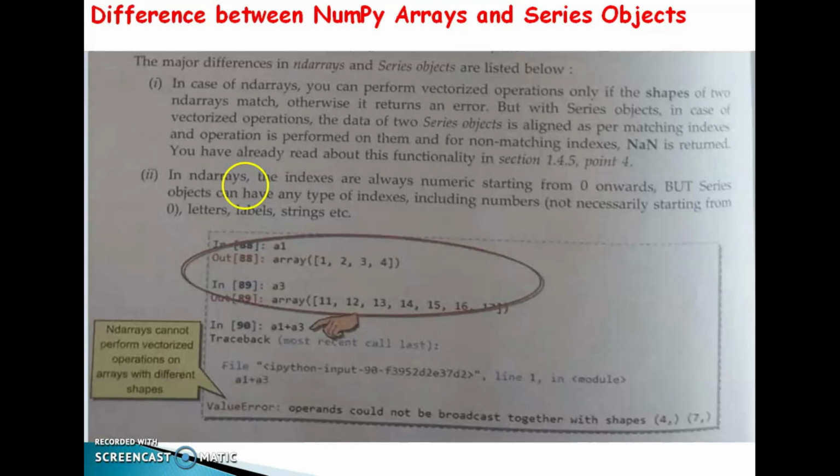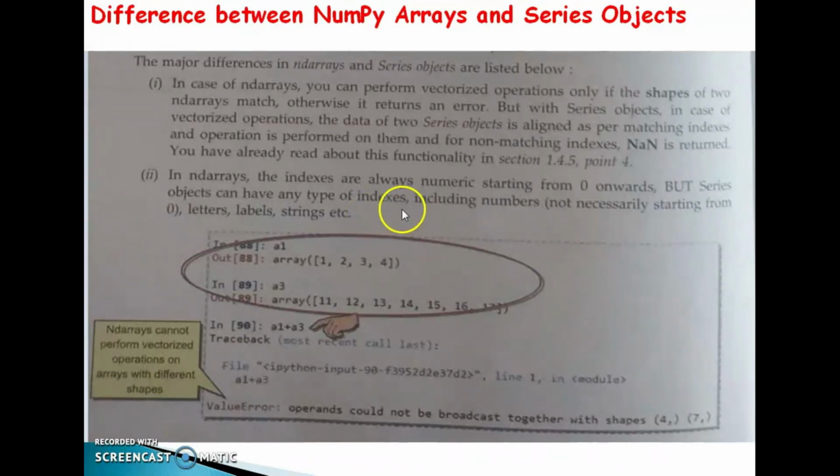Okay, clear? Second one, in ND arrays, the indexes are always numeric, starting from 0 onwards. But a series object can have any type of indexes, including numbers, not necessarily starting from 0, letters, labels, strings, etc.